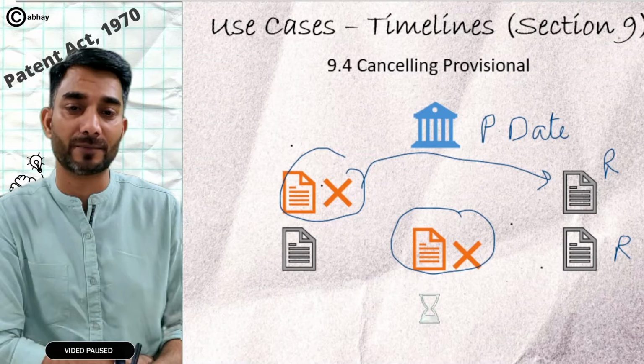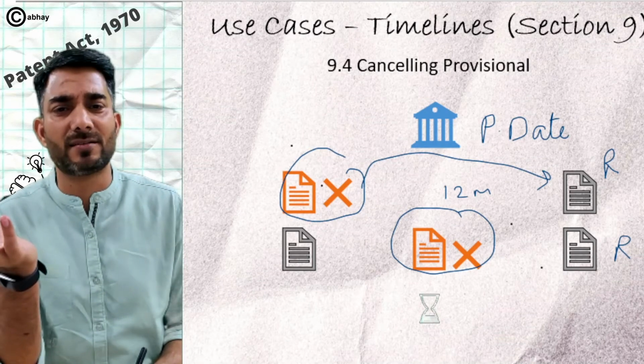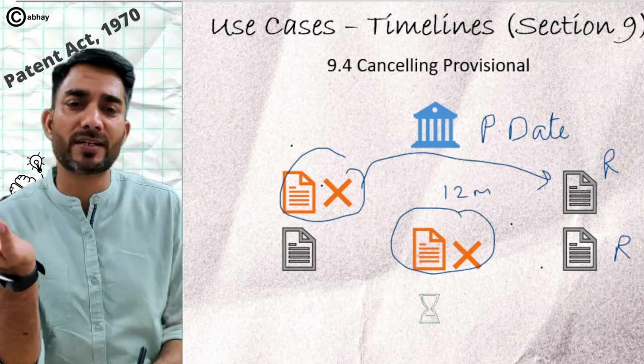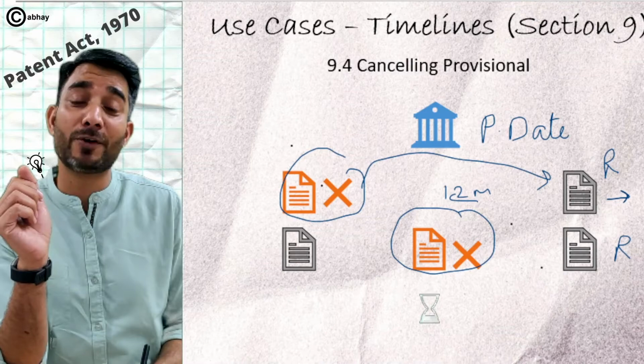Now, under what scenario would you do it? See, you may be confident that nothing has happened between your provisional date and regular date. In this 12 months, no new prior art came. You are confident that no publication was done, no usage was done. So your invention is still an invention. There is no prior art for it. So you may think, why not post-date the application by 12 months? Because the benefit of this will be